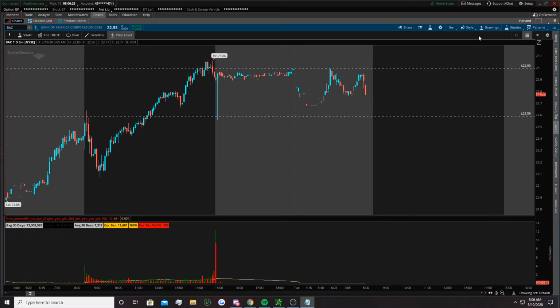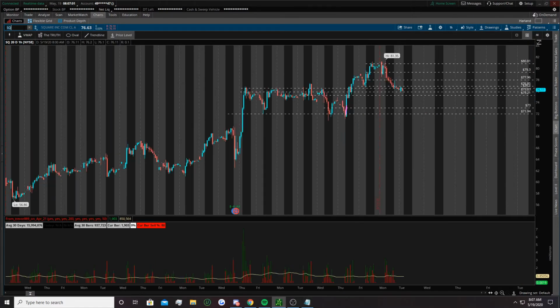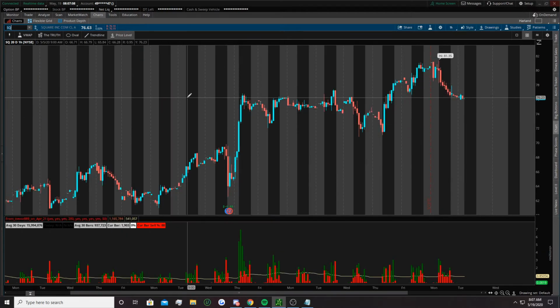Let's say, what was that? We were on the hourly. I put very crucial levels on hourly as well as being strong pre-market levels in a tight range. Let's click at square. Here on the hourly, I really do like that it's lining up here with the strong resistance before the bigger